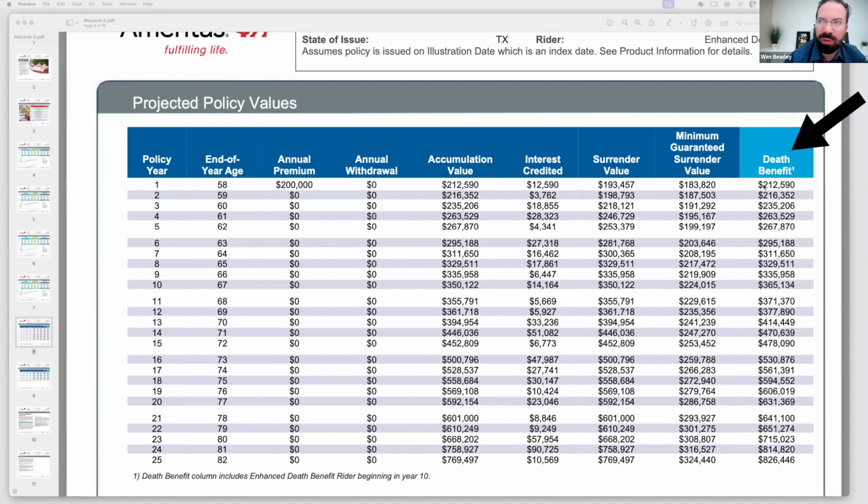Okay, so let me talk about one more thing on the death benefit. Let's say in year 1, someone walks outside and unfortunately they get hit by a bus, all right? Your account value is $212,000 and your death benefit is the entire amount. So you don't pay a penalty or surrender charge or anything like that if a person was to die in the first or any year with the fixed index annuity. Okay, so I hope that makes sense to you.